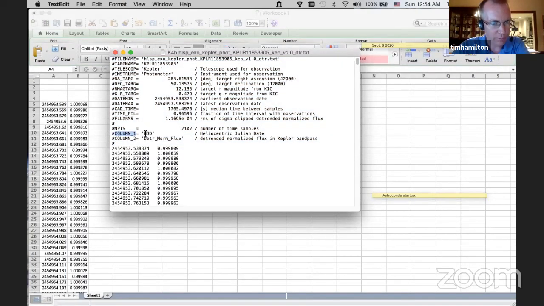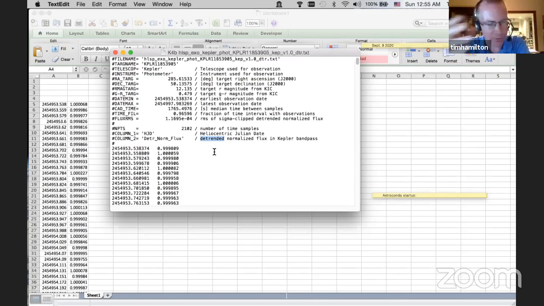But here, column 1 is HJD, which means heliocentric, bound to the location of the sun, Julian date. And this next one here, this is the flux. In this case, they say detrended. Now, if you looked at that transit plot that I showed you from the pictures where they'd already done it, it was very nice and smooth. It stayed right at 1 until you get to the transit, that well in the middle. But in reality, we see these things when they come out of the telescope, they vary up over days and they vary down over a few days and smoothly most of the time.